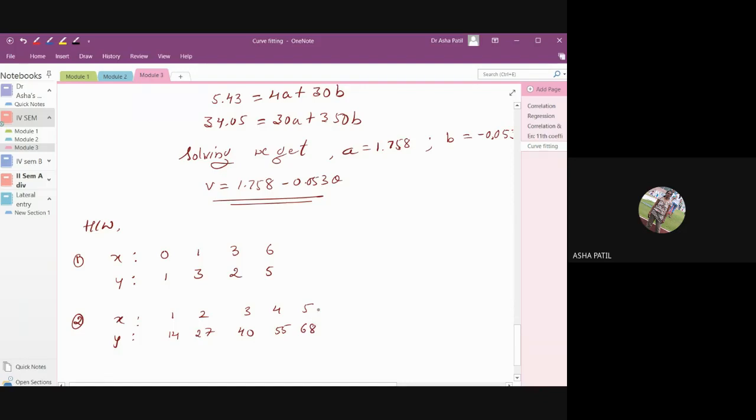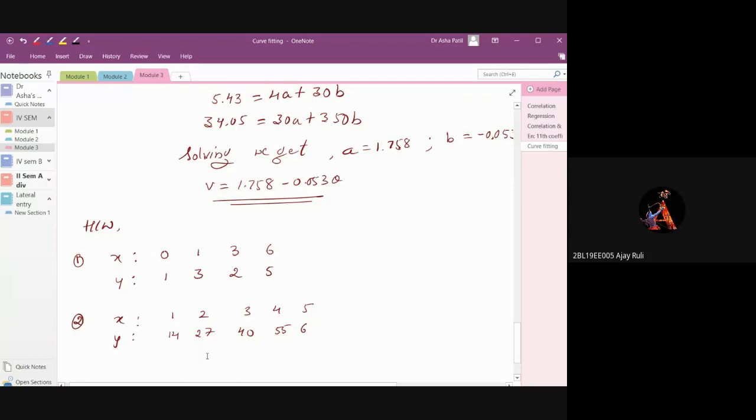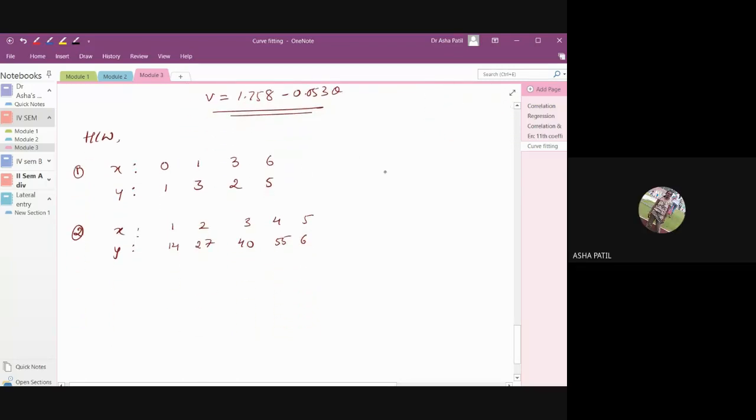Should I give the answers or not? Yes, ma'am. If I give the answers, then also you will not do. If I don't give, then also you will not do. First example, answer is, I have left one more data here. Take 8 and 4 in the first question. Y is equal to 1.6 plus 0.38x. Y is equal to 13.6x.